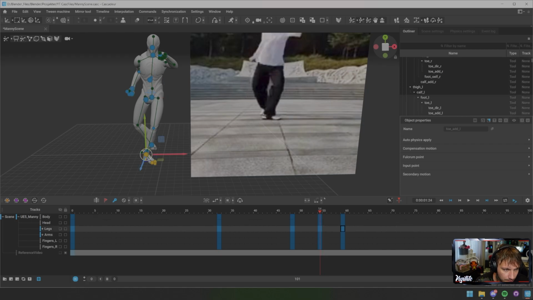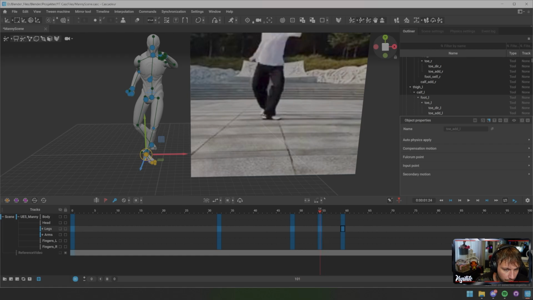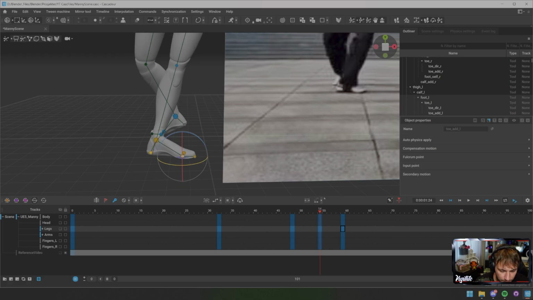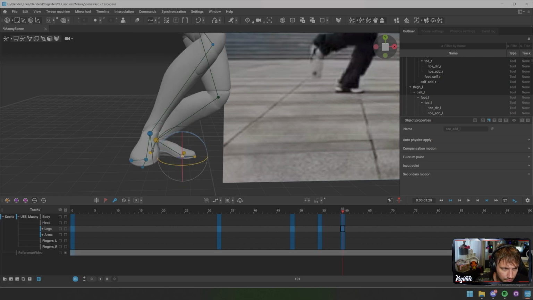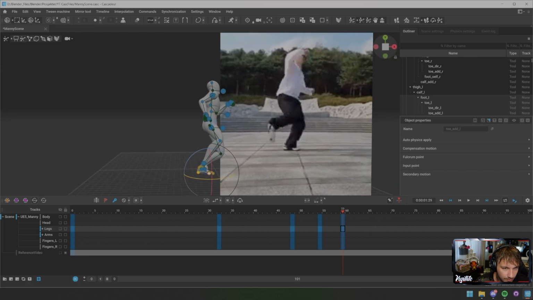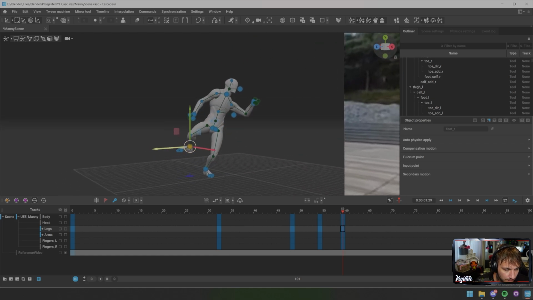So I can see now that the foot was turned more than I initially made it. So right click, rotate it like this, control copy, control paste. That seems more correct. This foot needs to go up a bit, in a bit,